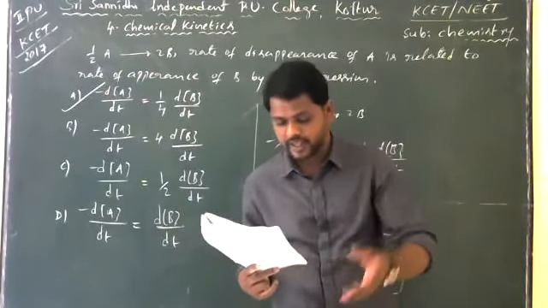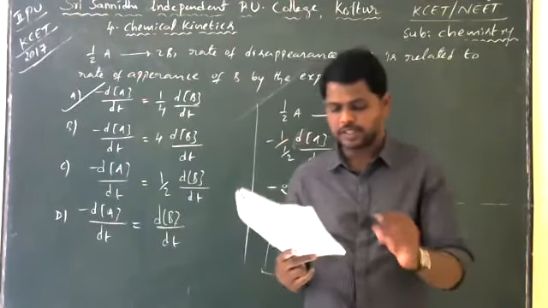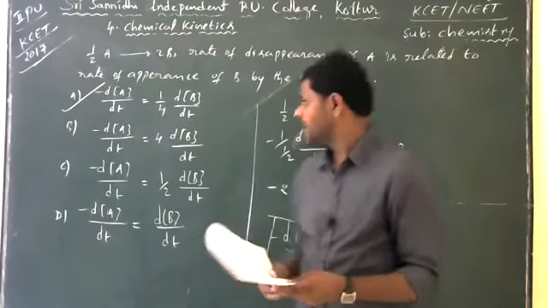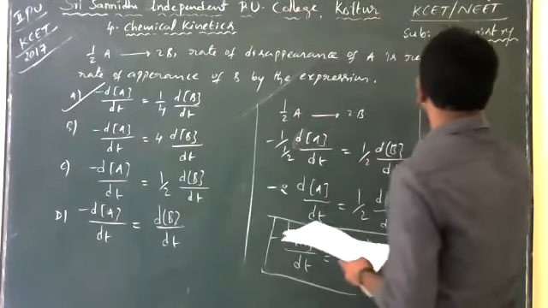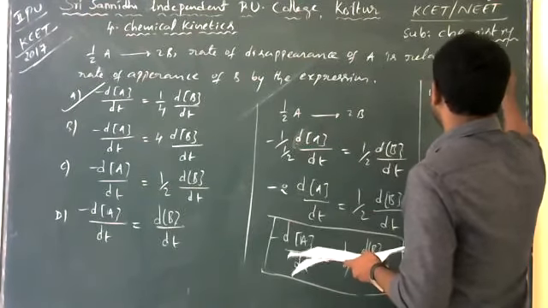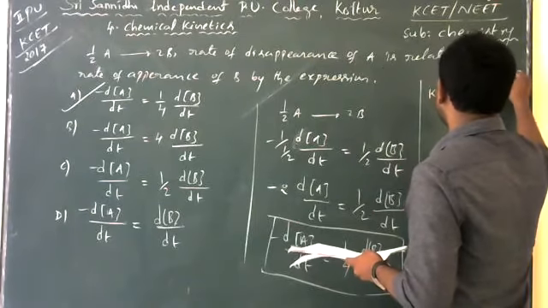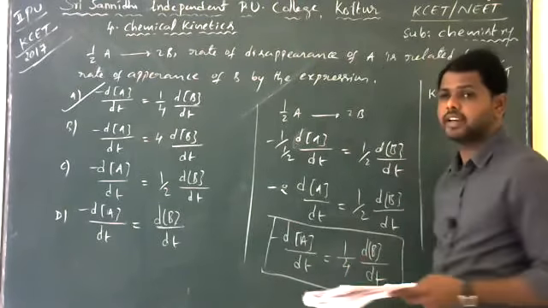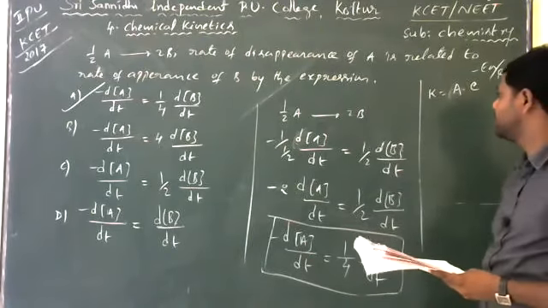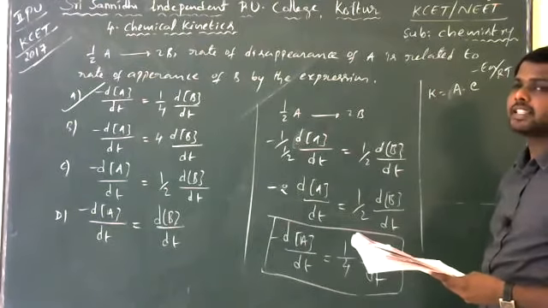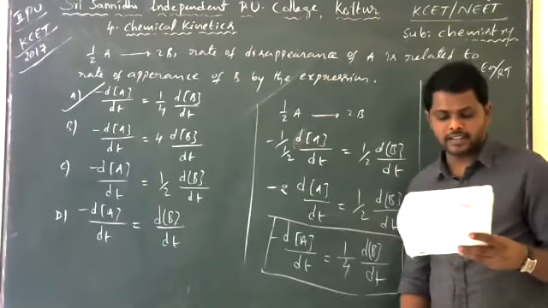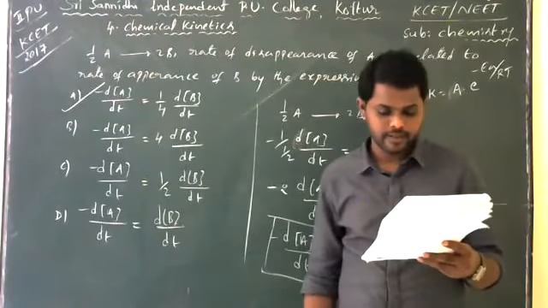Next, the 11th question, a theoretical question, and it is also from the eliminated concept. Which of the following statements is in accordance with the Arrhenius equation? The Arrhenius equation is k = A e^(-Ea/RT), which is the formula to find the rate constant, where Ea is the activation energy.